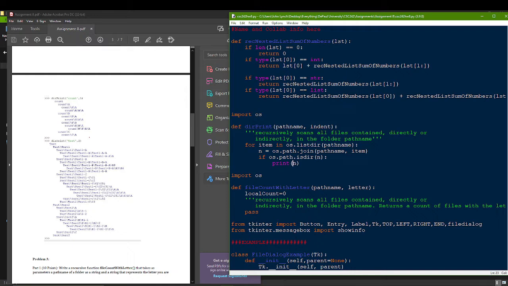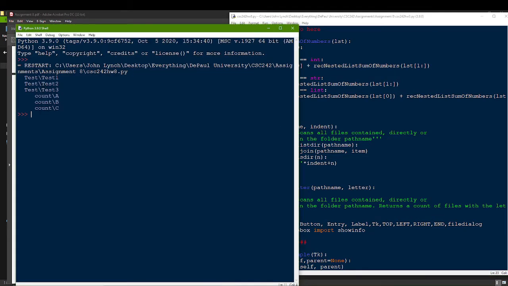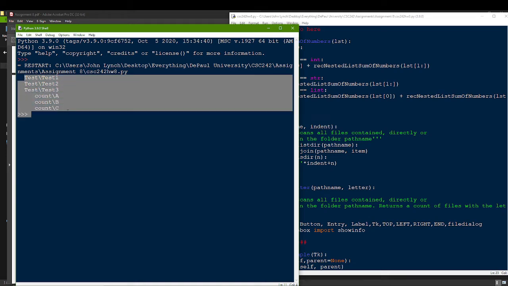I'm only doing this printing. So what I need to do is attempt something very similar to what we did with the printing of items before. I'm going to need to times the indent and then add that onto the string that I have. If I try to run this, we'll see that it looks like I'm getting test working for me here, but I'm also indenting